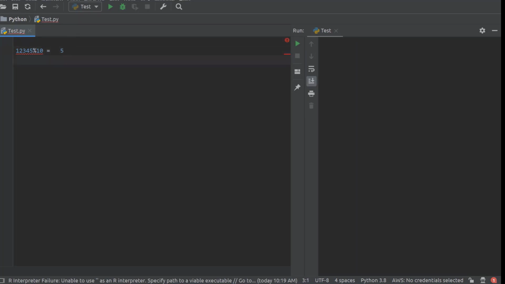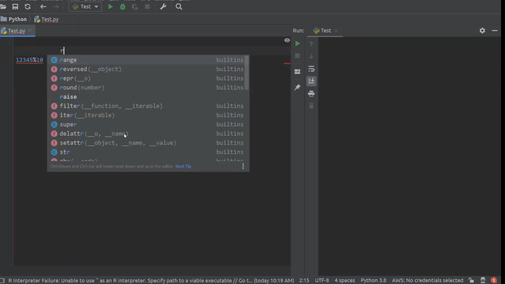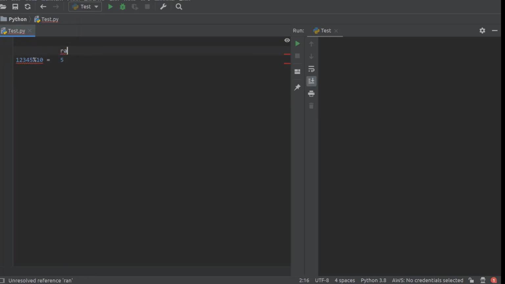Okay, next, this is your number, this is the remainder, and the floor quotient in this case will be 1, 2, 3, 4. So take this number now, 1, 2, 3, 4, and divide it by 10. This time the remainder will be 4, and the floor division value will be 1, 2, 3. So just continue this procedure. 1, 2, 3 modulus 10, so the remainder will be 3. Floor division output will be 12.